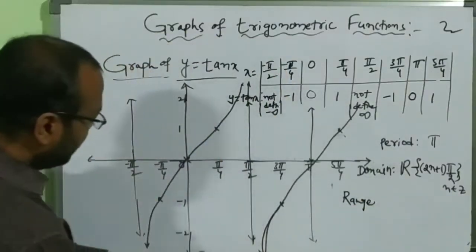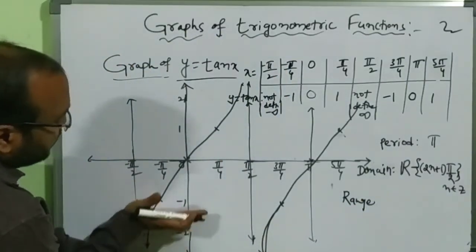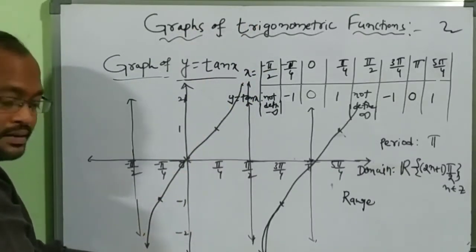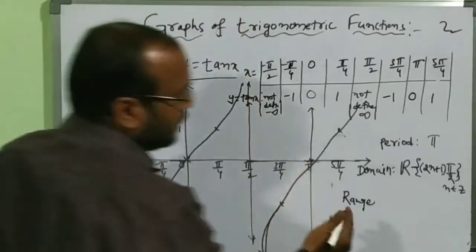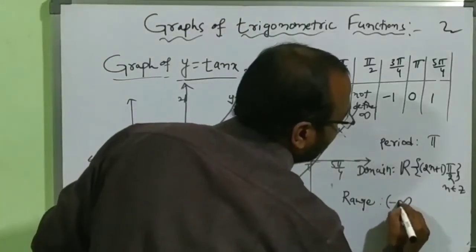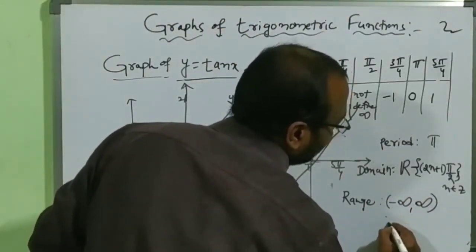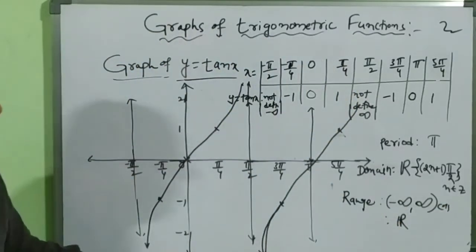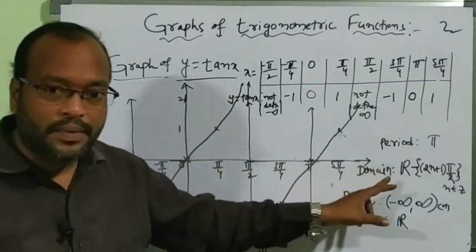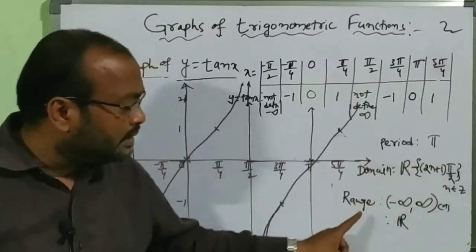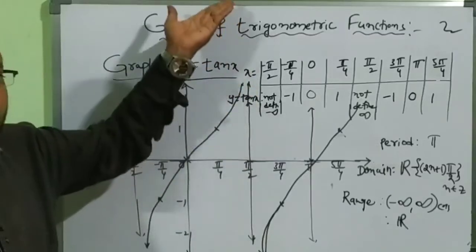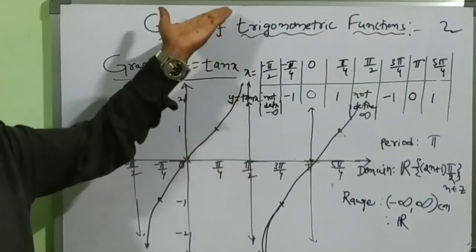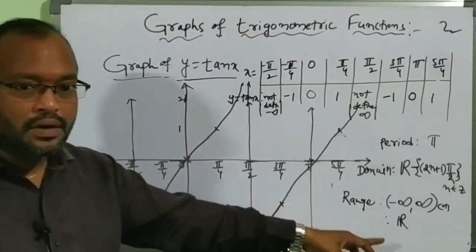Once you observe the graph here, the graph is like this. So in the below up to minus infinity, in the above infinity. So the range will be minus infinity to infinity. So simply we can call this as R. Domain of y is equal to tan x function is R minus (2n plus 1) into pi by 2. And the range value will be minus infinity to plus infinity. Why? Because the graph is like this here, from bottom to upwards. So this is the range of R.